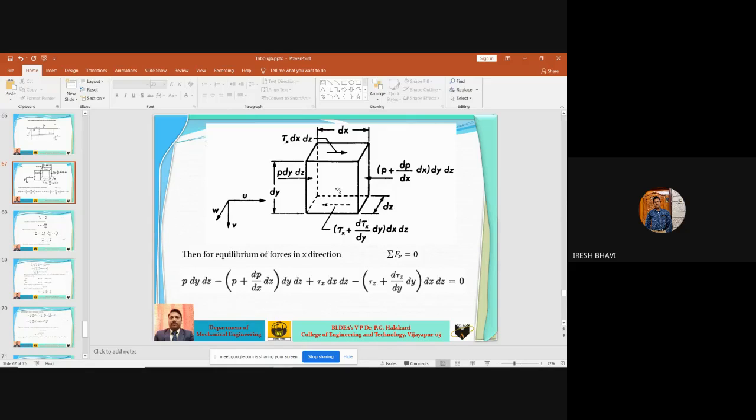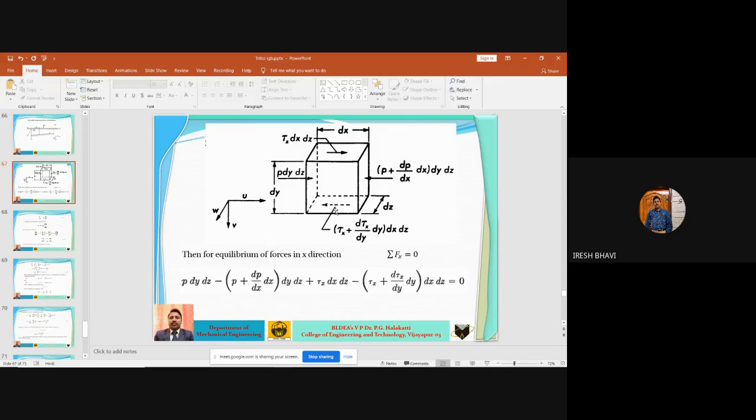Sum of forces with proper sign. It means if you have taken this positive, then this should be negative, this should be positive, this should be negative, like that. Okay, sigma Fx equal to 0. So first, this is the force P into dy into dz, minus, this is acting in negative direction, so minus of P plus dP by dx into dy into dz, then plus tau x into dx into dz